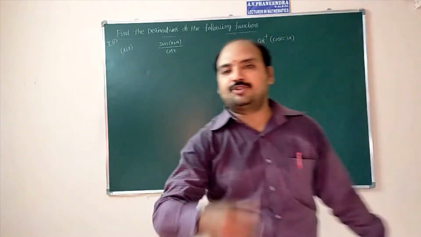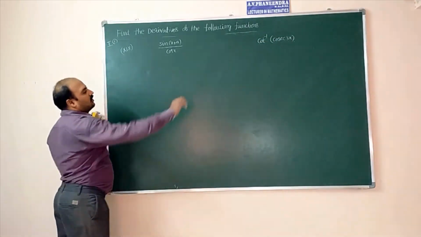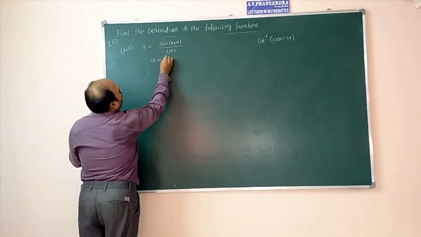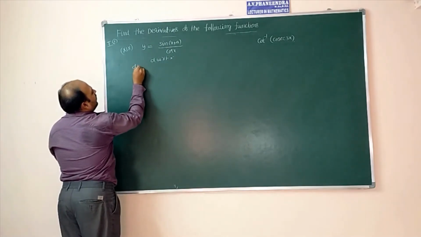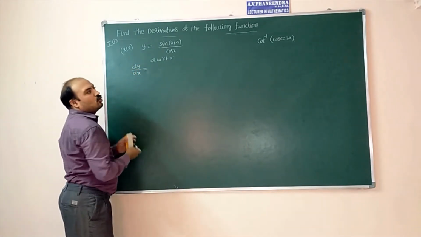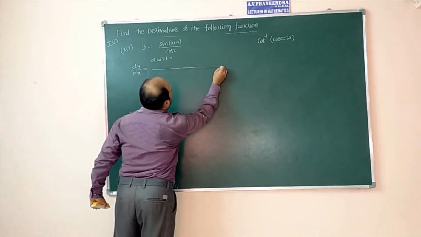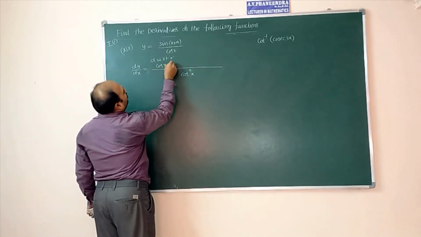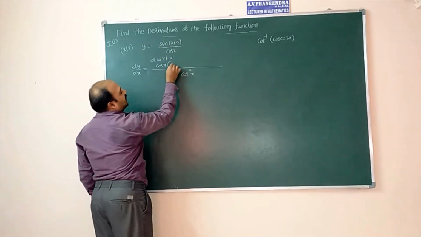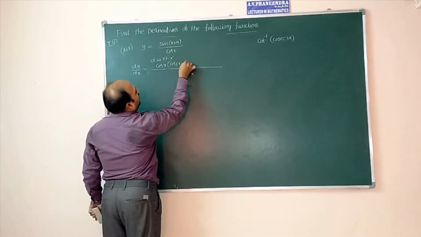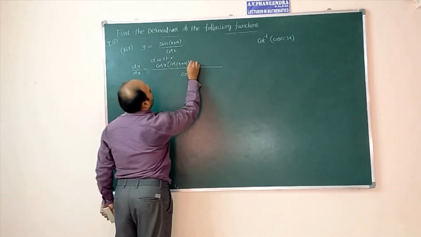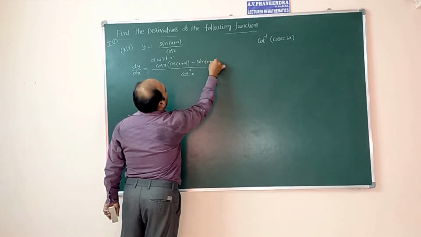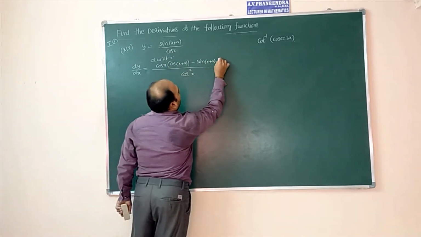The next question. The given function, either f of x or y, we can assume that. Differentiate with respect to x. The derivative is dy by dx. Applying the u by v formula, the quotient rule of differentiation: cos square x, cos x into d by dx of sin of x plus a, that is cos of x plus a, again the x plus a derivative is 1, no need to write, minus sin of x plus a into d by dx of cos x, that is minus sin x.